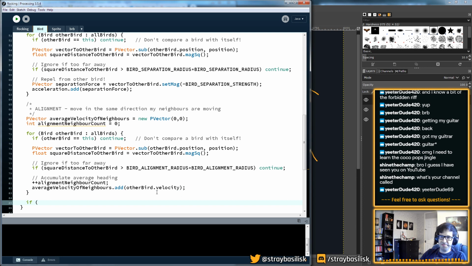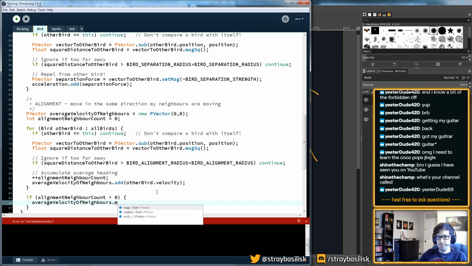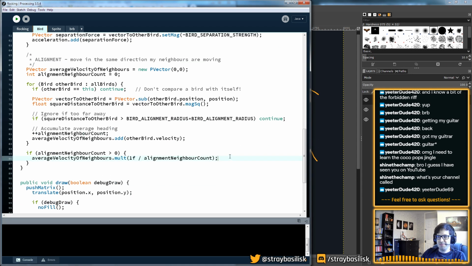And then I'm going to say if there was at least one bird within range. So if this count is greater than 0, I'm avoiding some potential divide by zeros here. Then I kind of need to divide this by the number of neighbors I had, which is the same as multiplying it by 1 over that number. Cool. So this gives me that sort of average